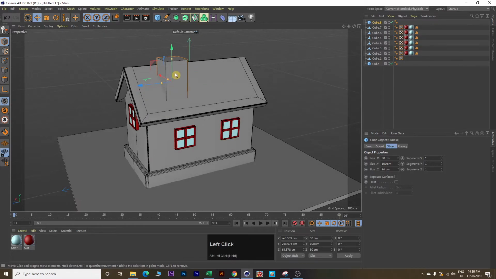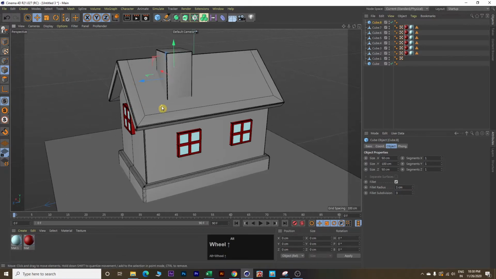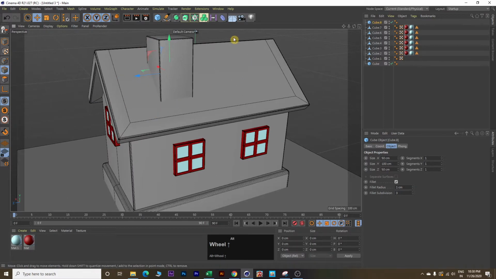Next, again to make this edges of this chimney look smooth and curvy, we will click on this fillet and make it 1 and 3. Okay, this looks good. Next we will make a cut over here, so click on this edges, zoom in further.